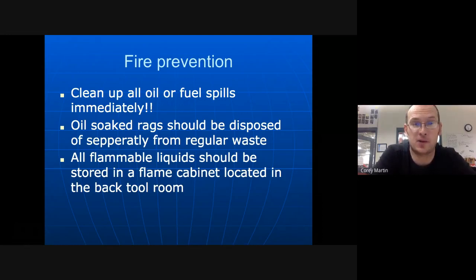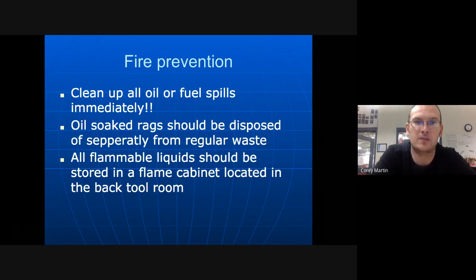If you're putting a fuel pump in a car, almost every single time I put a fuel pump in a car, it comes in with a full tank of gas. So you've got to drain that out, but inevitably you're going to spill some. So you're going to clean that up before you do anything else.